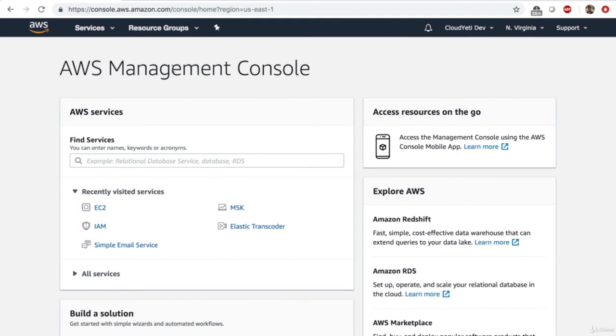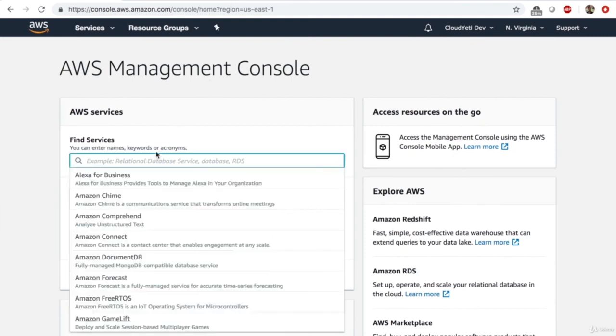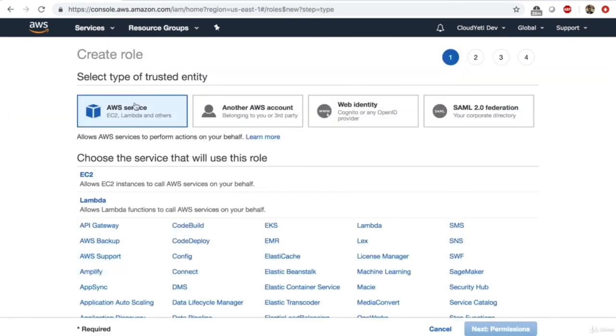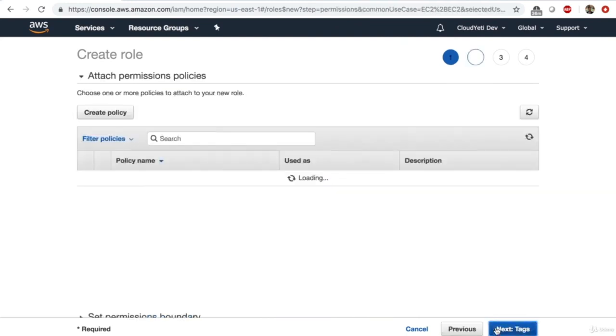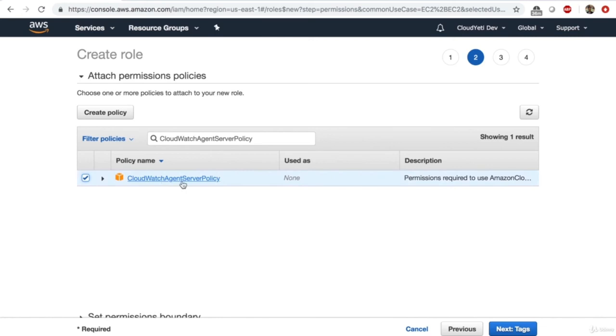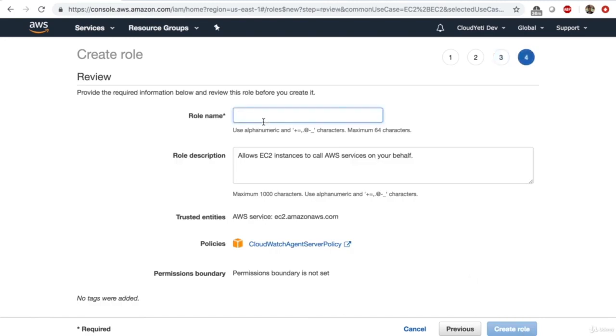I'm going to go to my AWS management console and type in IAM here. Once you're in the IAM management console, click on roles. So create a role and choose the service that will use this role. It's going to be EC2, next permissions. And in this page, I'm going to paste in the policy that I copied earlier from this lab file. I'm going to check on this policy, which will let our EC2 instance update the CloudWatch service with custom metrics and logs. So next tags, next review, give this role a name of EC2